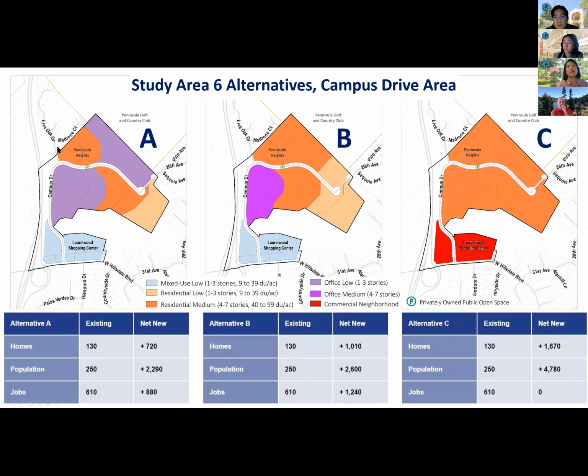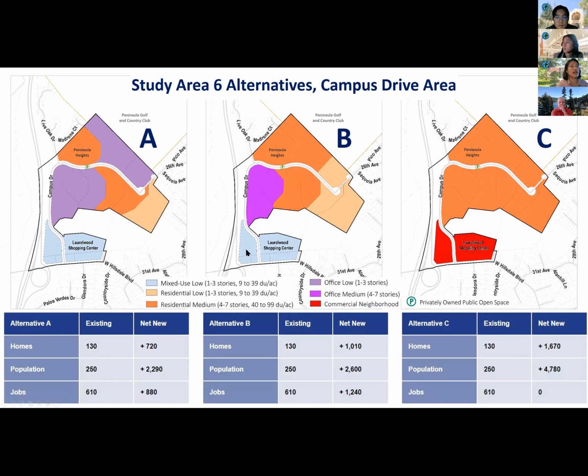So between A, B, and C, you'll see that this medium residential orange is consistent. A would look at maintaining some of the office uses. This is the low rise office in this lavender color. And on the outskirt over here, there would be a low rise residential use being considered.